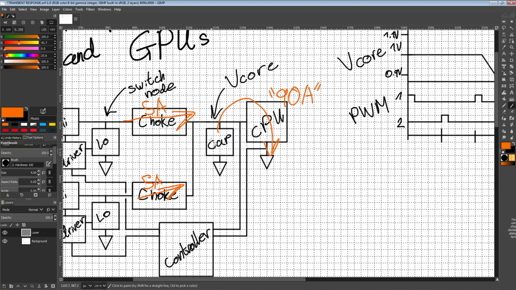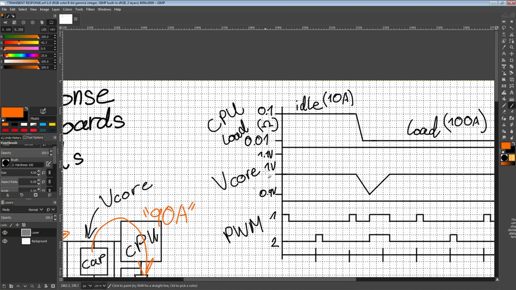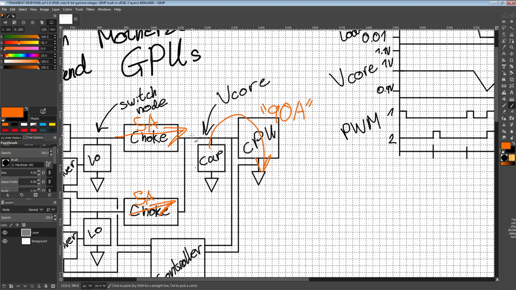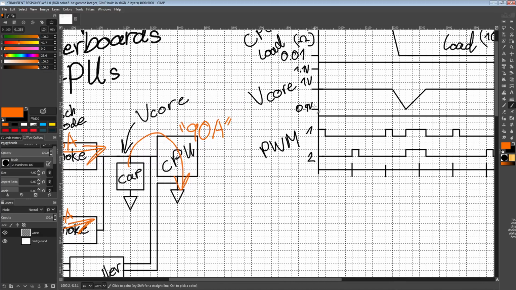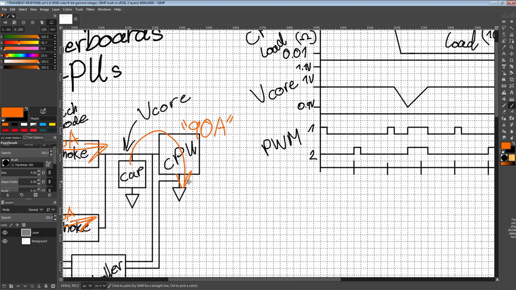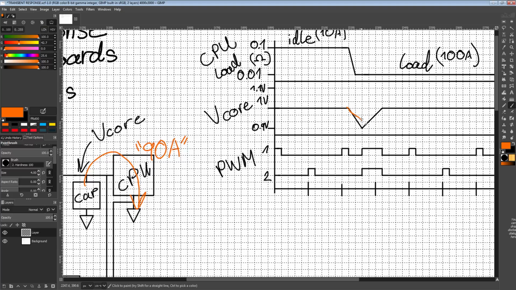But essentially, all of the current that we're missing, that our inductors aren't able to provide, we can grab from our capacitor bank for a little bit. The reason why it's only for a little bit is because the capacitor bank does store energy, but not infinite amounts of it. And that means as we pull current out of the capacitor bank, the voltage does keep falling. Well, still falls, but much, much slower than if we didn't have a capacitor